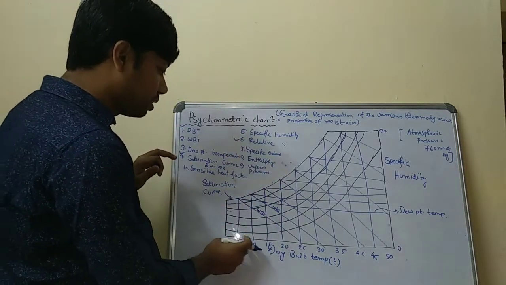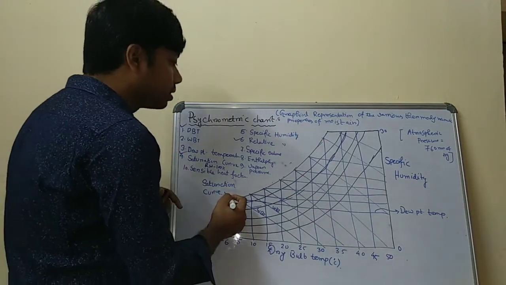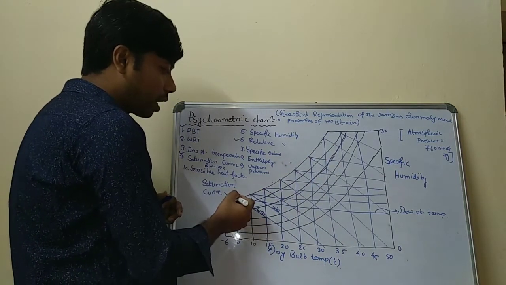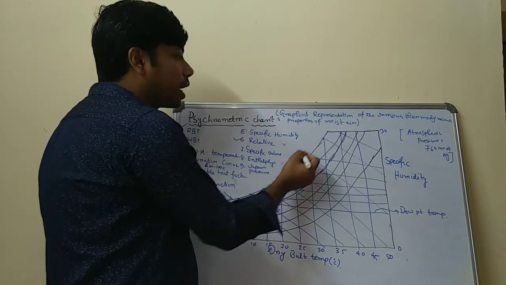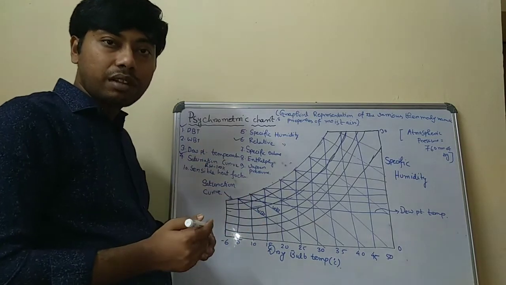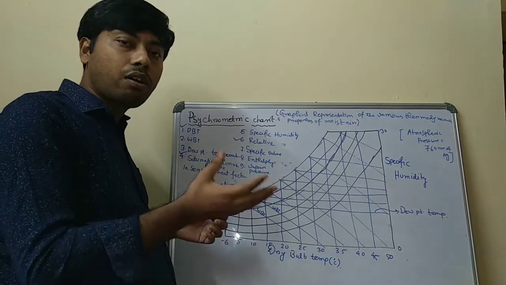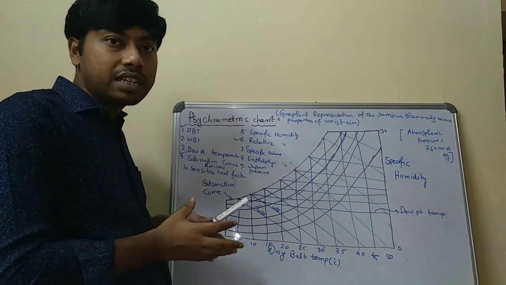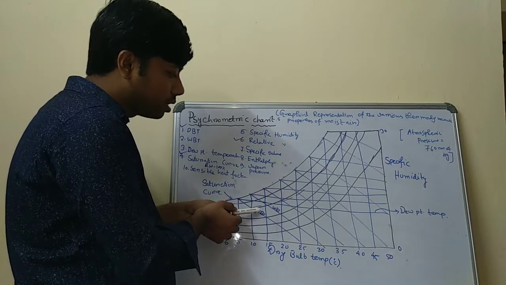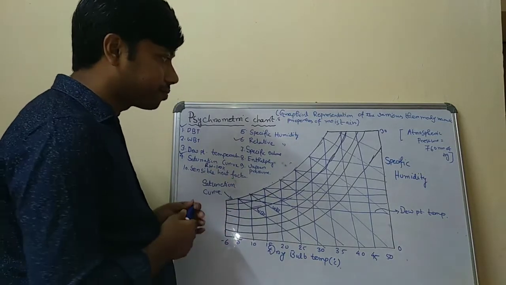So these are the dry bulb temperatures, vertical lines with uniform spacing. These are the saturation curve, and these are the saturation points at which the dry bulb temperature lines meet. If you draw a line through these points, that forms the saturation curve. In this curve the relative humidity is 100%, because at the saturation point the amount of water vapor present is the maximum, that's 100%. Then if it is 100, it will be 90, 80, 70, 60, 50, 40, like this. So these are the relative humidity lines, right?